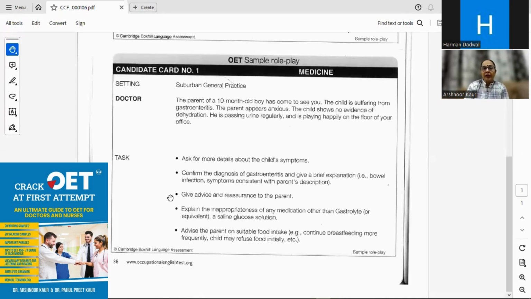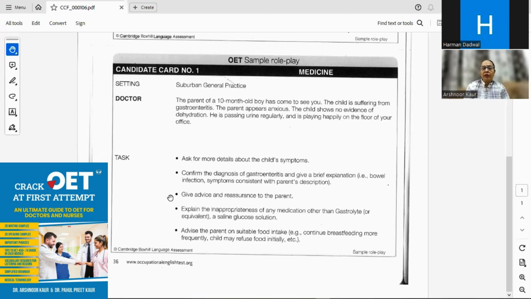But the mother is continuously saying that my child is serious as he has passed 10 to 12 stools in the last 24 hours. You may ask, has he had any episode of vomiting? The patient may say 1 or 2 episodes of vomiting. Even this is not to be considered serious because you have seen that the skin is properly hydrated, the child is cheerful, and there are no signs or symptoms of considering the child to be in a serious condition, dehydrated or seriously infected.